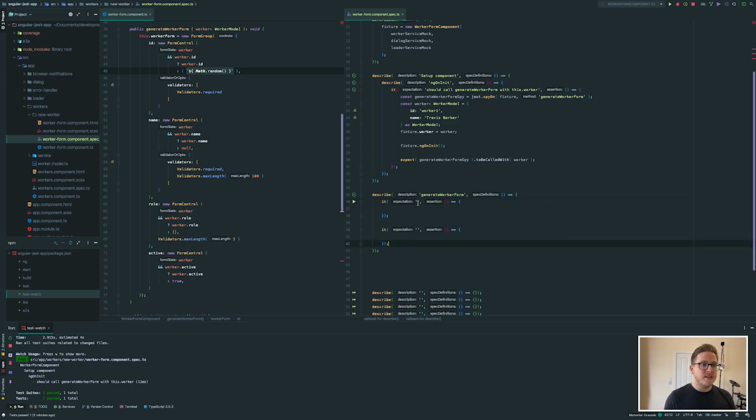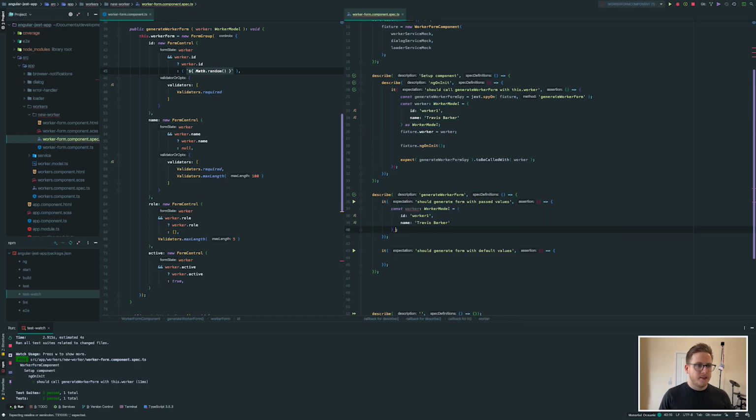So using the it should syntax again, it should generate form with passed values. And then we take this, with default. You'll see me doing this a lot. Anything that's very, very important to the test, I tend to do in caps. I actually don't know why I did it with default. I'm going to change that. I tend to do it with nots or shoulds, so it's very clear when you're looking down, should not do blah. So, similar to what we did up here, let's take this,